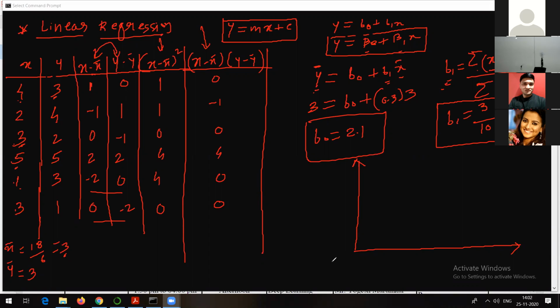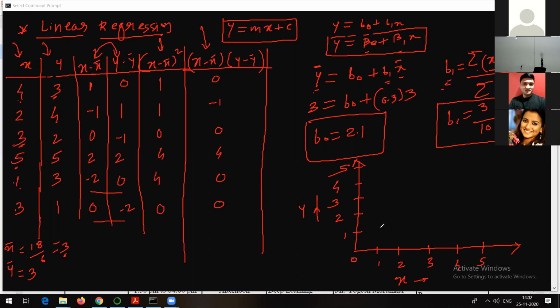So suppose this is 0, this is 1, 2, 3, 4, and 5. Similarly here 1, 2, 3, 4, and 5. I am just trying to plot x and y values on the x and y axes. These are my x values and these are my y values from this table.